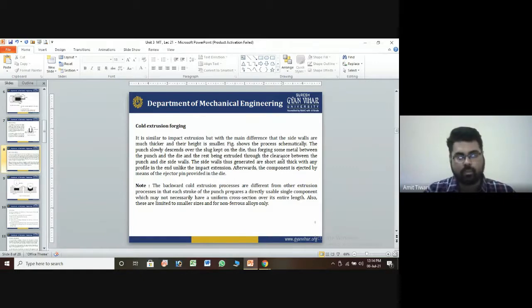As you know, it doesn't necessarily have a uniform cross-section along its entire length, and it is also limited to similar sizes, and not suited for non-ferrous or ferrous alloys, because it will reduce corrosion resistance. If you increase the length more, the ductility will decrease, and sometimes the diameter will not be as required. So overall, these are all parts of making a good product easily, but you must first understand it properly, and after that apply it.